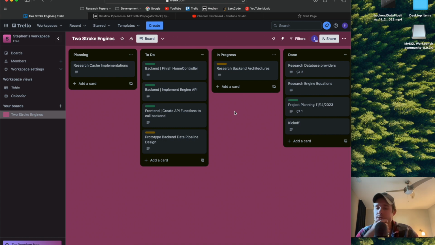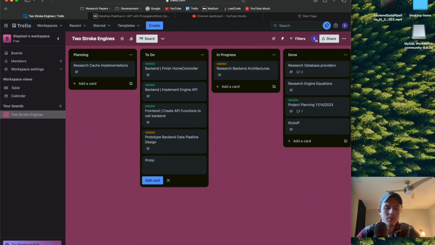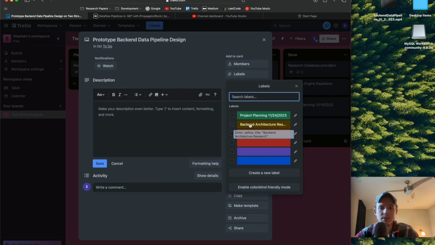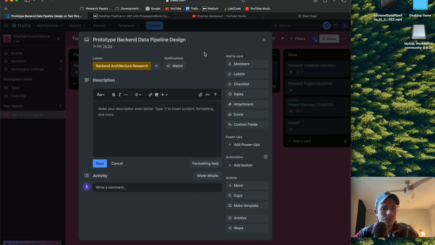Once we get the backend prototype working, we're probably going to need another prototype story to come up with another possibility, another design, and I'm going to go ahead and make that now. So, prototype backend data pipeline, because I think we should have a couple of working options that we base our decision off of, rather than just creating the first thing I thought of and using that. That's not really prototype driven design, truly.